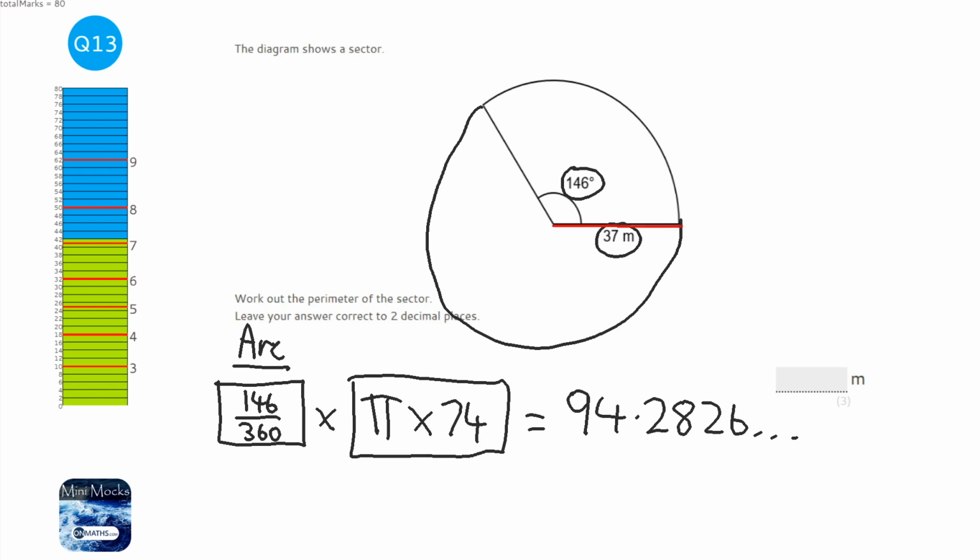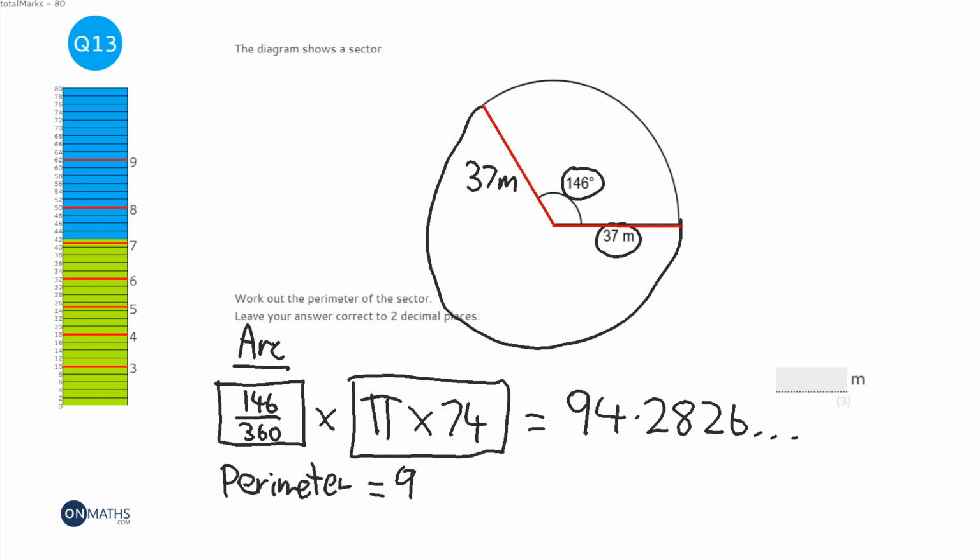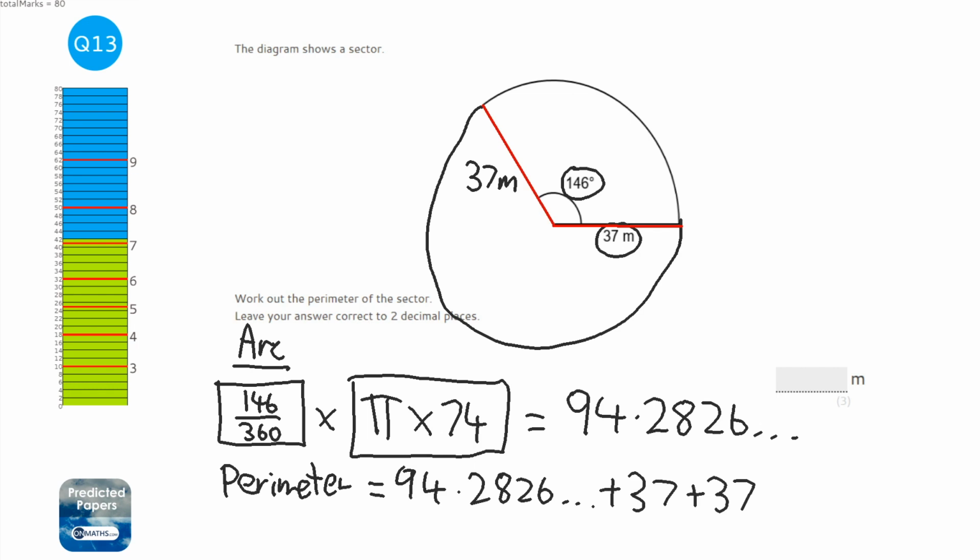Well, we've already got that one. And what this distance here is. Well, they are both radiuses, or radii we call it. So that's also going to be 37 meters. So to work out the perimeter, I'm just going to get that 94.2826 and so on, and I'm going to keep it in my calculator, and I'm going to add 37 and add another lot of 37. So add 37, add 37, and that gives me